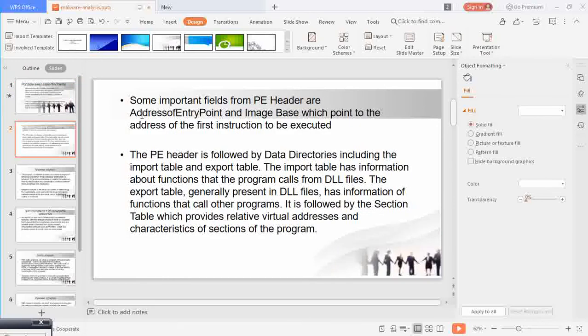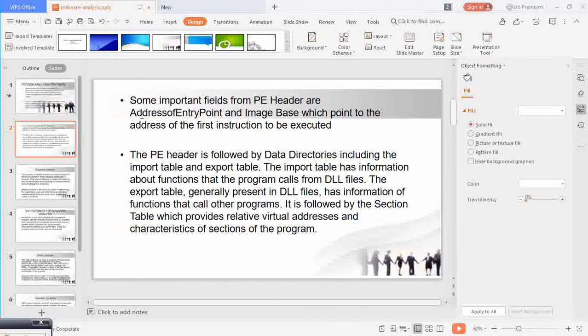Some important fields from PE headers are address of entry point and image base, which point to the address of the first instruction to be executed. The PE header is followed by data directories, including the import table and export table.